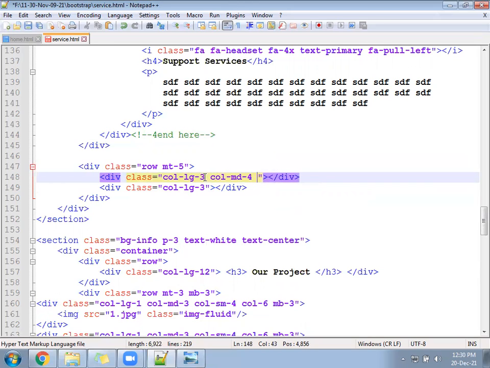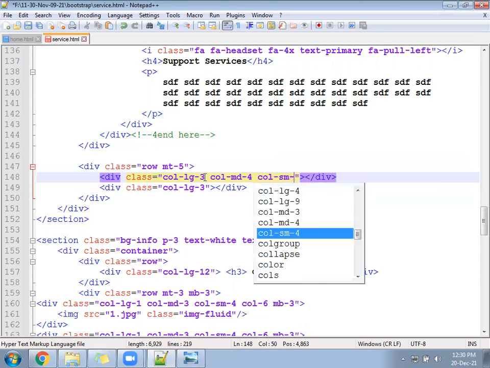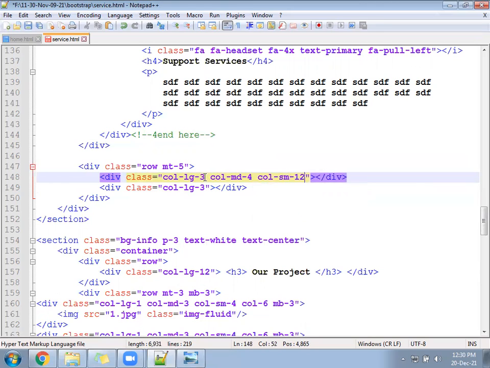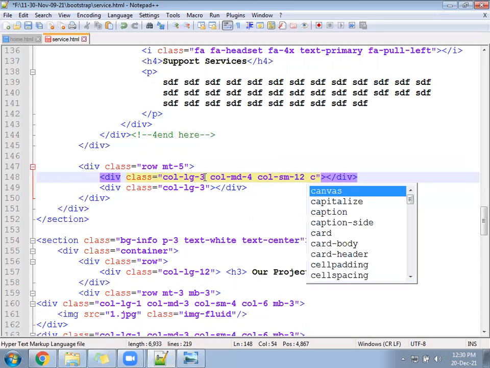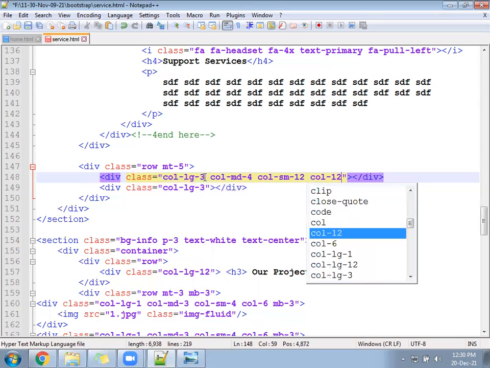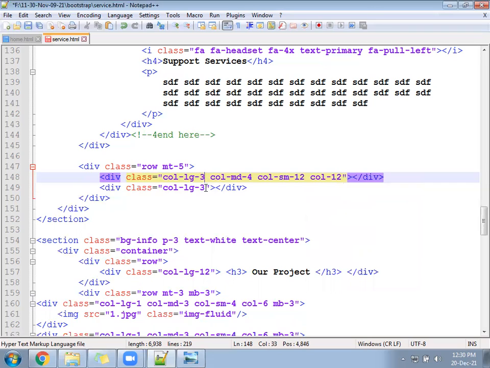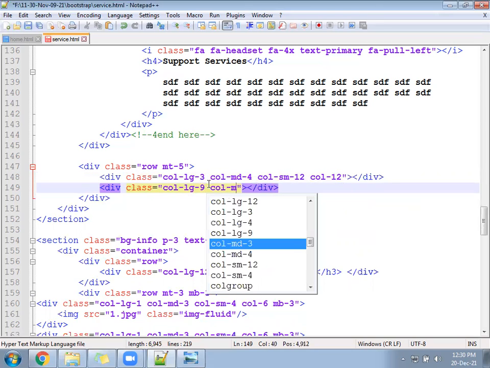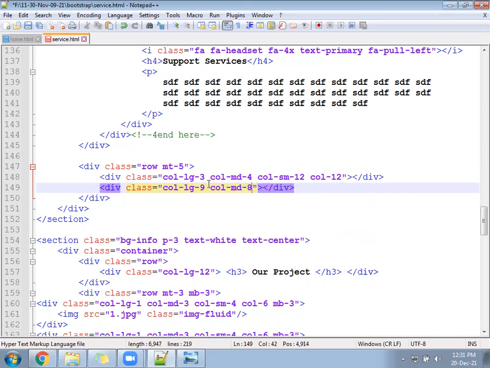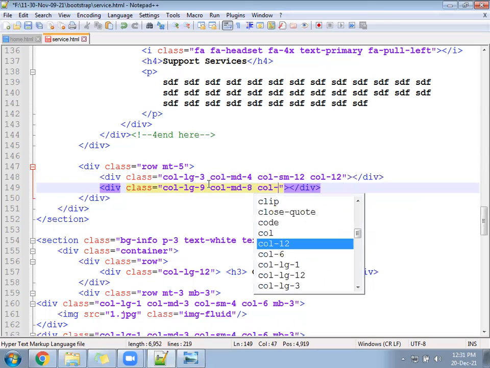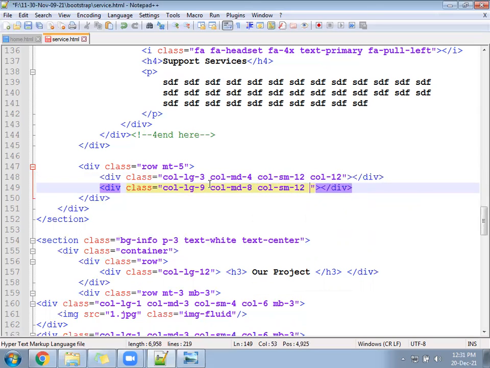And col-sm-12 and col-xs also 12. This class you will add here. If the top is 3, then this will be 9. Col-md-4, then this will be 8. Col-12, then this also will be 12. And col-12.